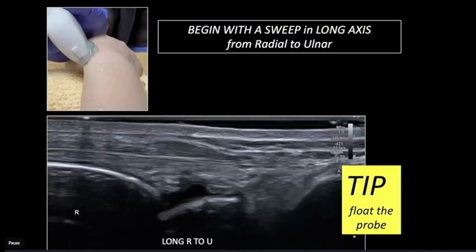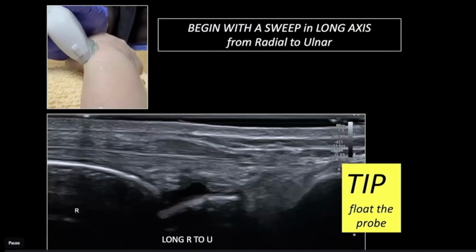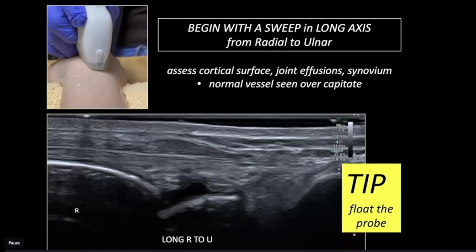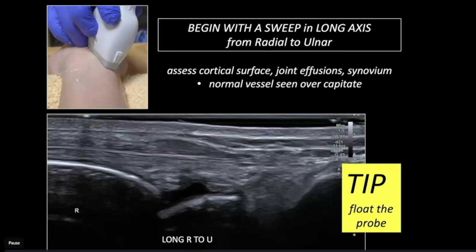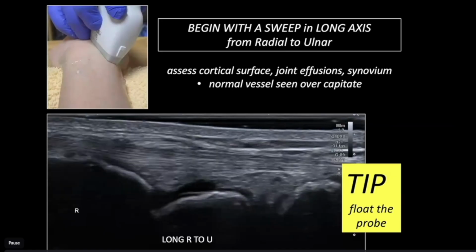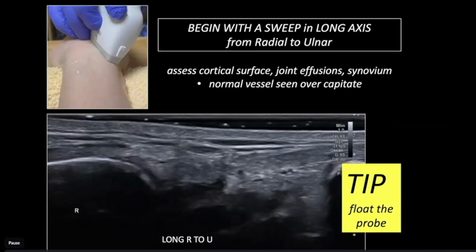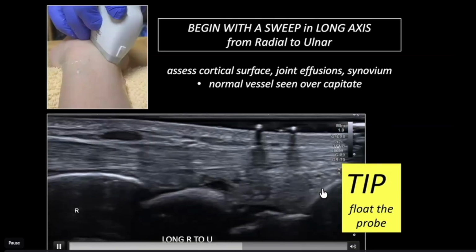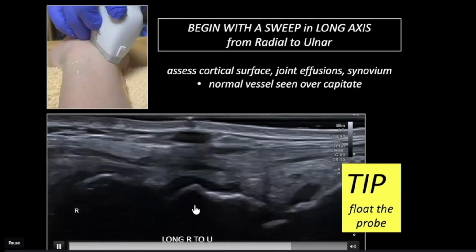extension. In long axis, from radial to ulnar, that's how I always start my assessment, starting with the joints, and you want to float the probe. You're looking at the cortical surfaces, you're looking for joint effusions, you're looking for thickened synovium, and you always will see a normal vessel unless it's a bit of a disaster, but you should see a normal vessel over the capitate. To the lunate now,